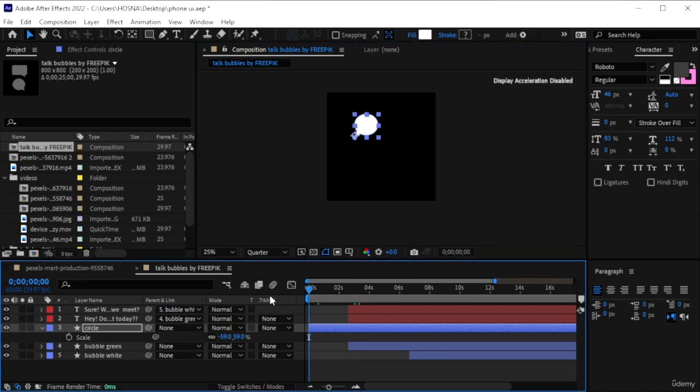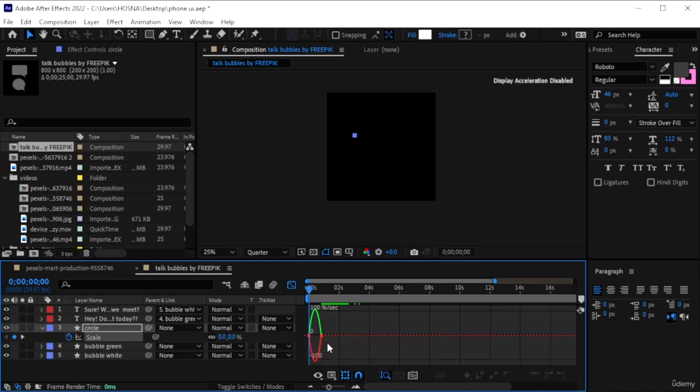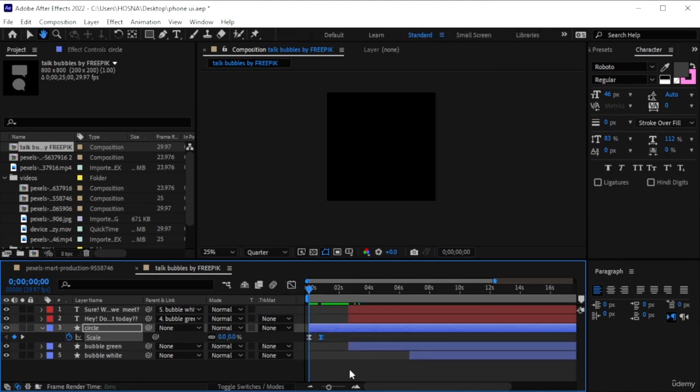And hit S, 0. So before that, let's move in and then turn on the stopwatch. Then type 0 here. F9, and we're going to grab the ends, pull them like that. So we have this, and around here, where it appears,